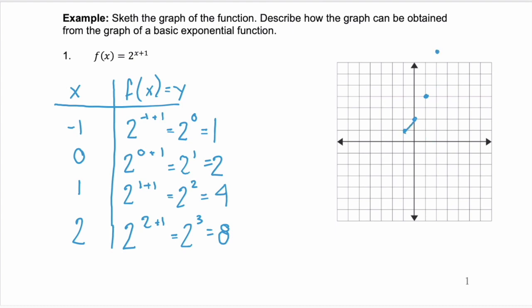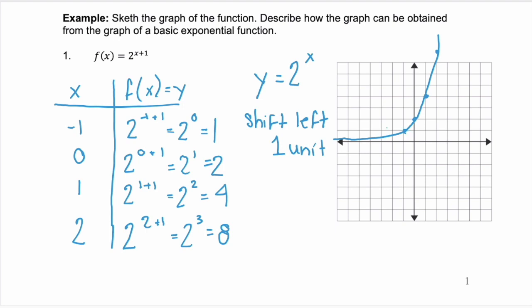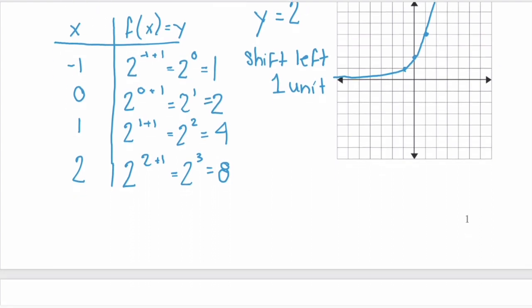So we see that it's growing exponentially in the positive y direction. And on the left side, it's approaching 0. Well, this is taking that basic function, y equals 2 to the x, and it has a plus 1 inside the function, so this is a shift left of 1 unit. Right? You see how this graph has shifted to the left 1 based on how y equals just 2 to the x would look? Okay, let's look at an example